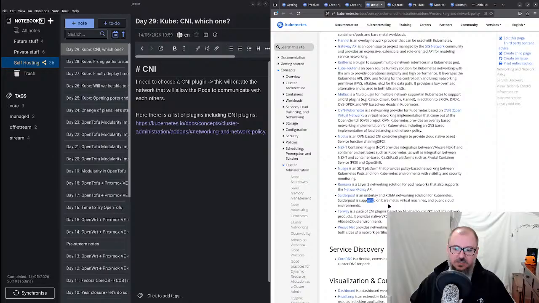WeaveNet provides networking and network policy. It will carry on working on both sides of a network partition and does not require an external database. Nice. It just makes me think that maybe all the others require an external database, but I have no idea. So far,